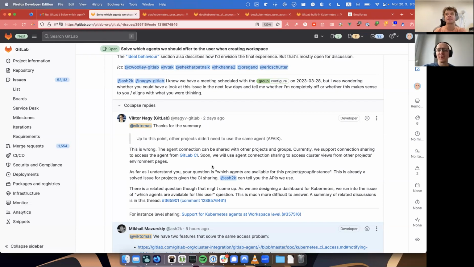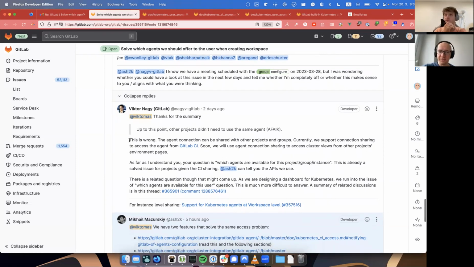Originally I thought that that's the only project or the main project that has access to the cluster, because I saw some videos where Victor was showing GitOps, how the Kubernetes resources were put into the configuration project and how they were provisioned in the cluster. But I was wrong, and I was looking through documentation of